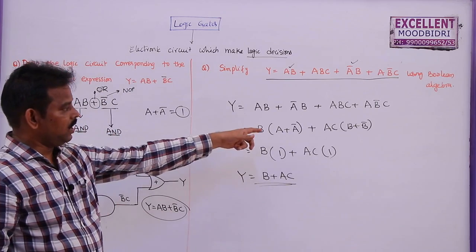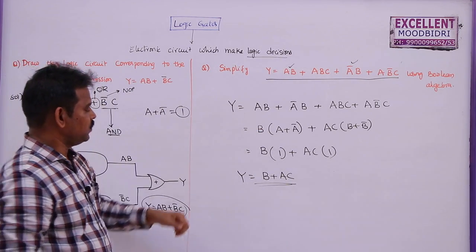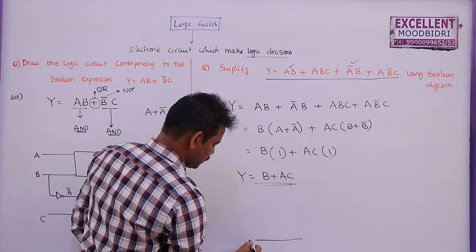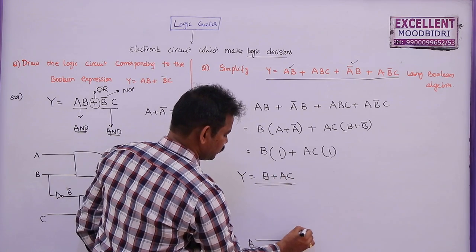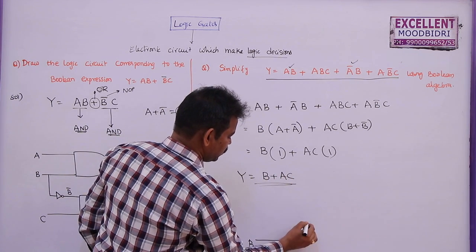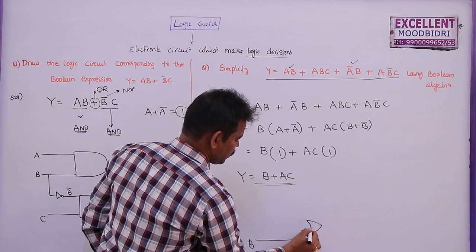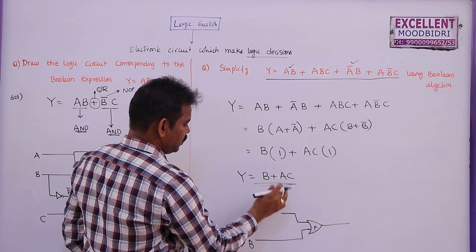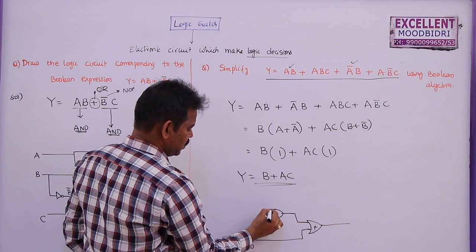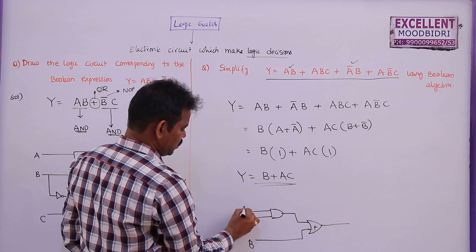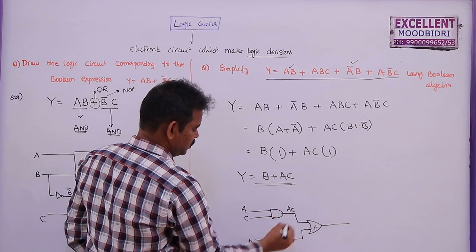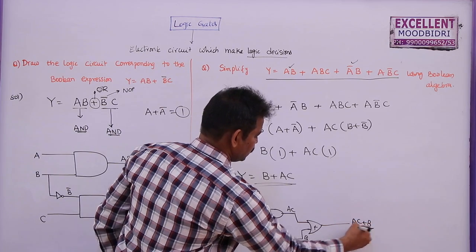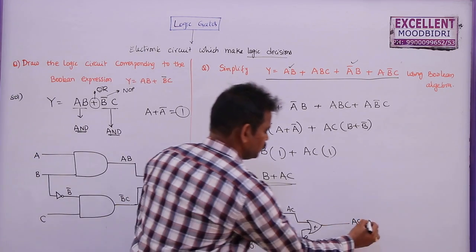Suppose if you want to draw the logic circuit for this one, this is very simple. Here B is one input. This is added with AC. For addition we use this OR gate here. This is the OR gate which adds this one, and this will be the product of these two. So this is the AND gate here, and the inputs are A and C. So the output is AC here. For this is B. So the sum will be AC plus B or B plus AC. According to the commutative law both are the same, which is equal to Y.